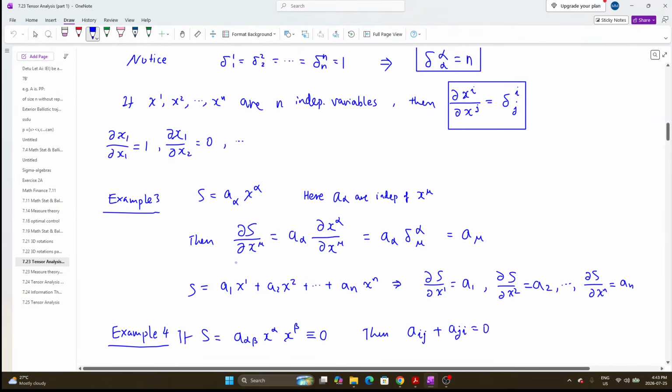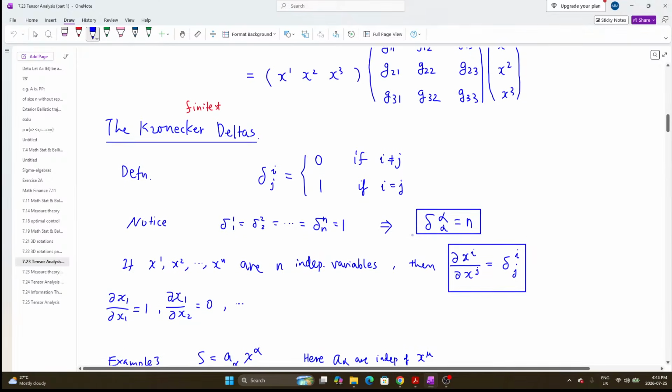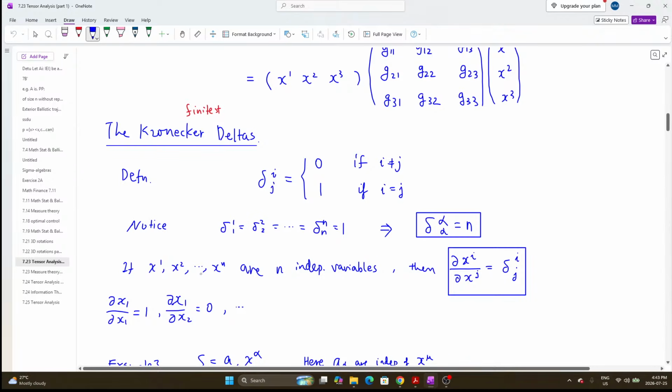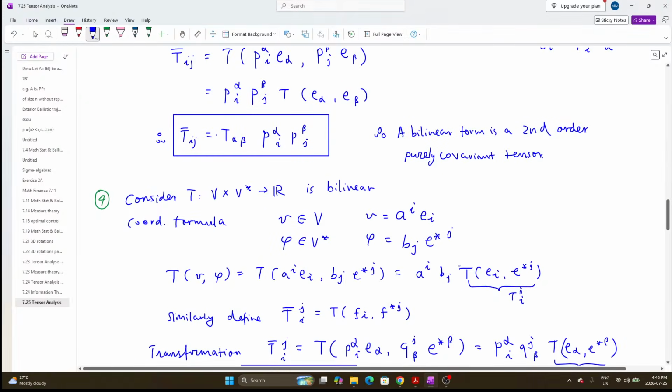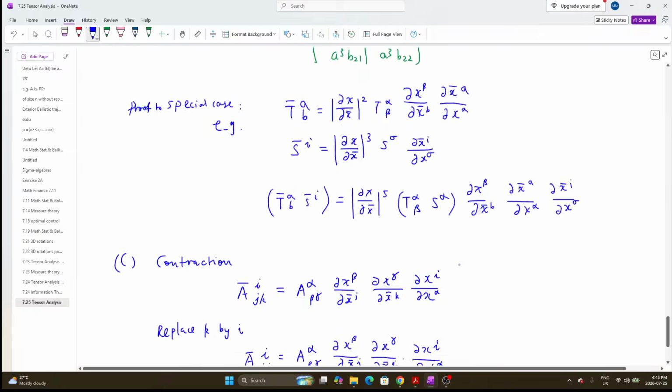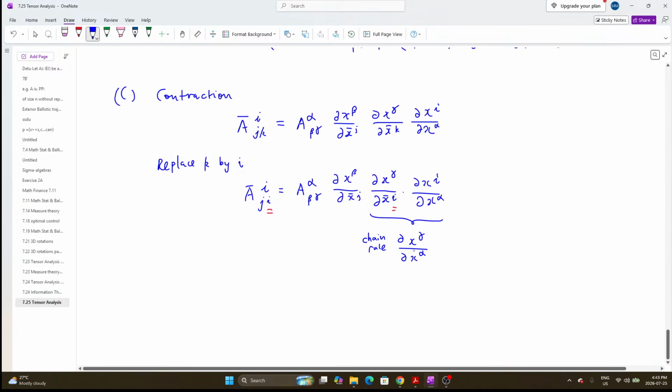Here, this is something we introduced in the first stream. If x1, x2 all the way to xn are independent variables, then dxi over dxj is just the Kronecker delta. It's dx1 over dx1 is 1, dx1 over dx2 is 0, and so on. This is the Kronecker delta. So here you get a Kronecker delta, delta gamma alpha. And because you have a delta gamma alpha, then